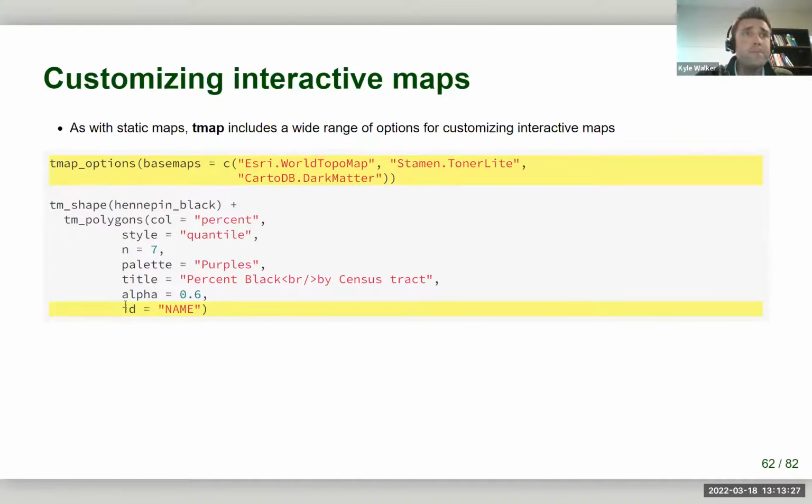I can change the ID to basically change the title of the pop-up for each location. So if I don't want the census GeoID, which it's defaulting to, and I want the census tract name instead, I can just specify that as the ID instead. And making these modifications